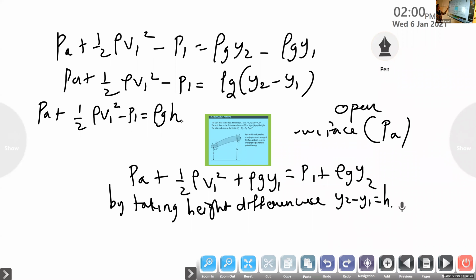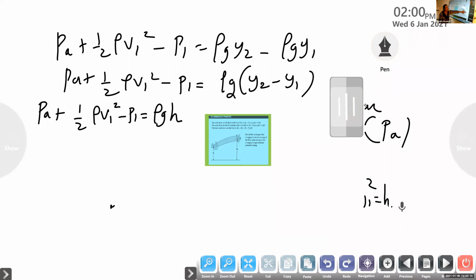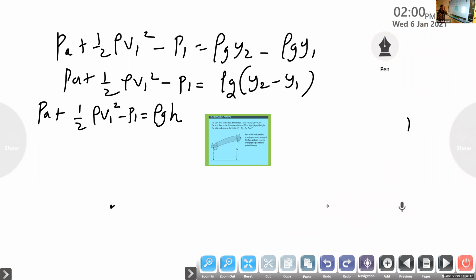Now, what is the next step? We have to find out this velocity V1 square. So again we have to take it out of this equation, rearrange the equation. I'll write one more step, then afterwards we will go to the final equation because this derivation is not necessary. So we are getting this equation. What do we require now? Half rho V1 square alone here because we need V1 square alone on this side. Again, there's a change. You will get rho GH minus PA. Now, atmospheric pressure becomes PA and this minus P1 which is taken before becomes plus P1.